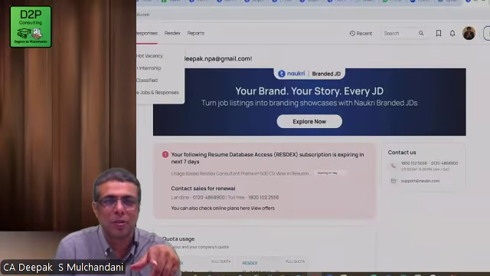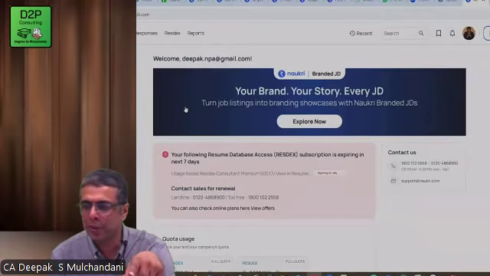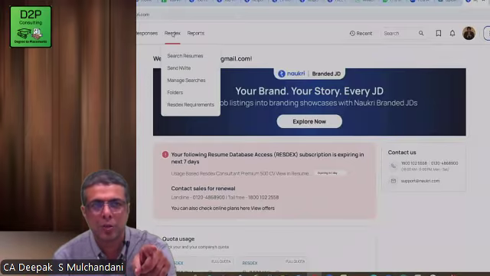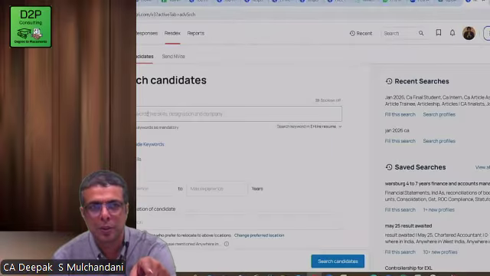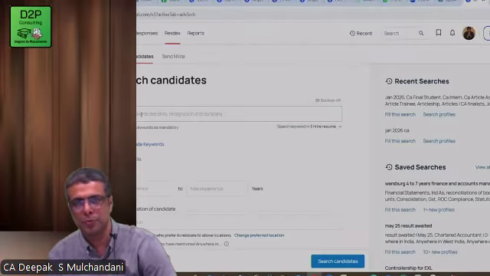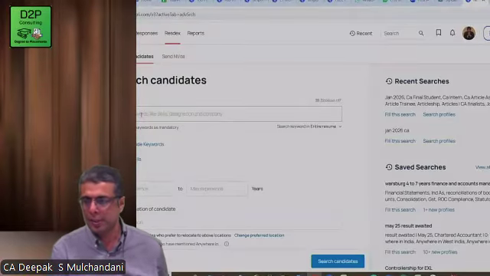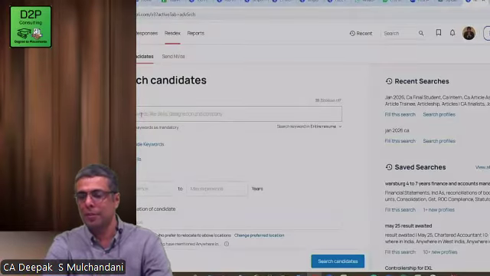Okay, so this is how the recruitment sheet looks from the employer perspective. So now if I want to search, I'll go to the Resdex, click there. I have to search resumes. So the moment I say search resumes, the screen resolution is a bit low. No, this is not going to happen.